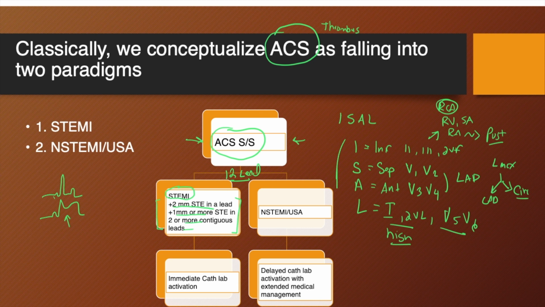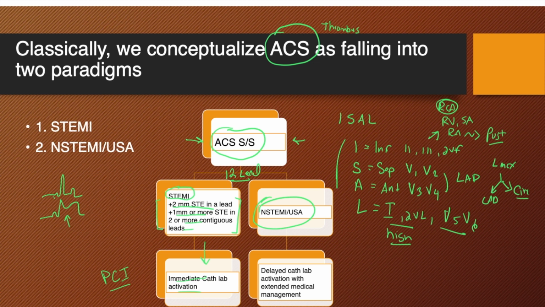If you don't see that, then these patients will typically fall into what's known as the NSTEMI/unstable angina paradigm. NSTEMI stands for non-ST elevation myocardial infarction. Traditionally we say if there's a STEMI, these patients are more critical and they need immediate cath lab activation and prompt reperfusion therapy. Typically that's going to be percutaneous coronary intervention, PCI, where you do balloon angioplasty followed by the placement of a